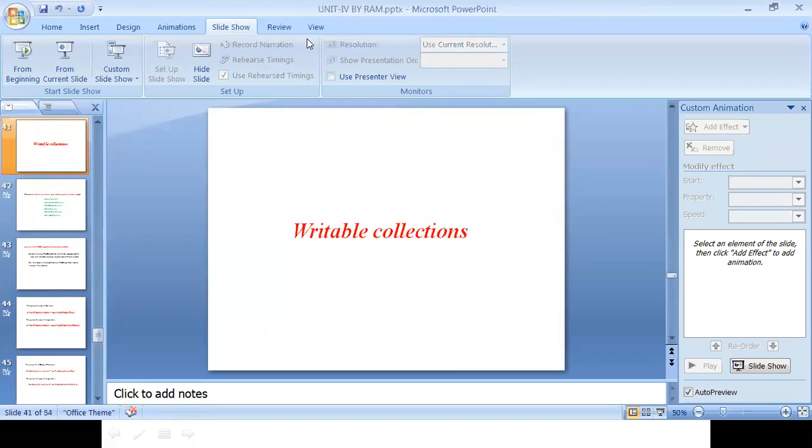Similarly, when we come to Hadoop, Hadoop also contains predefined classes for arrays. They are called the writable collections. The Hadoop writable collections are a set of predefined classes for creating arrays and maps. For creating the writable arrays and maps, there are predefined classes available in Hadoop. They are called the writable collections.